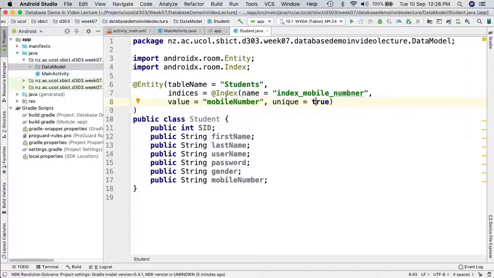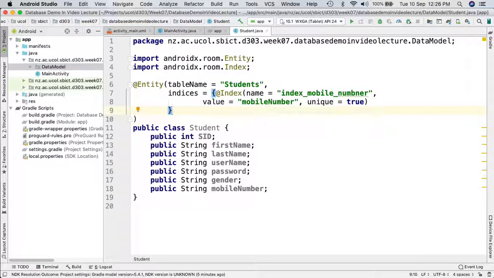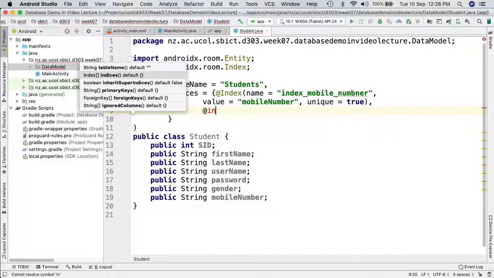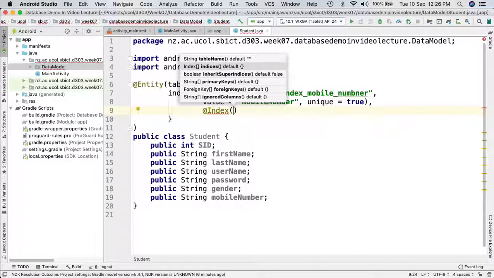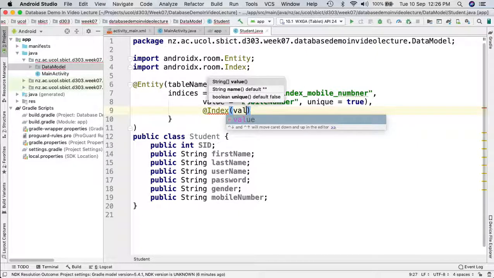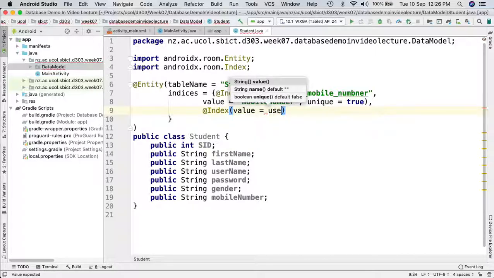We have applied that because we have defined only one index value, so that is fine. But if we want to define multiple index values, then we have to start that particular thing and also put it like this. After that we again put a comma, and then we can start the definition of the second index value. So again index, value,